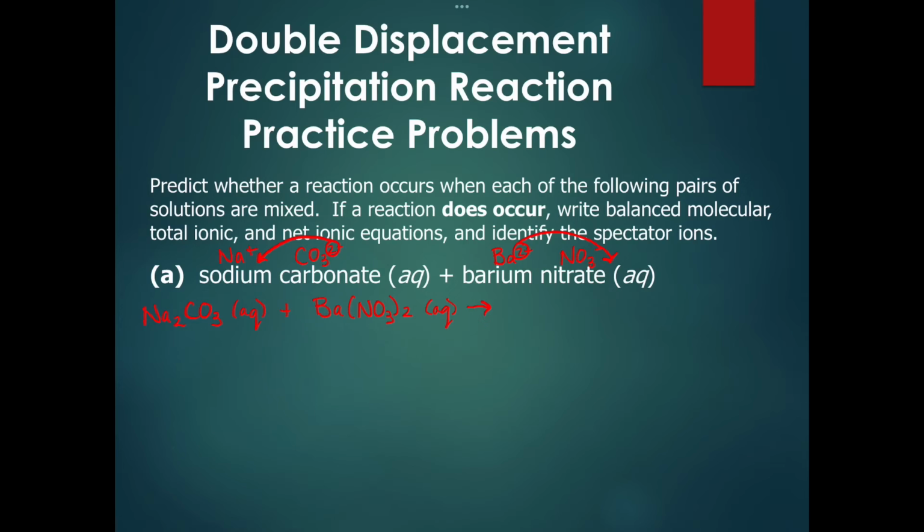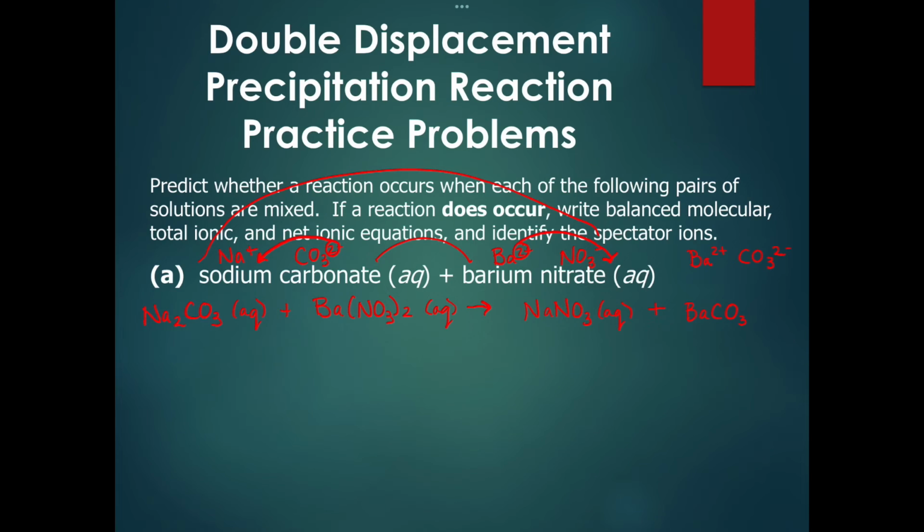All right, now we need to figure out the products. Okay, so again, we can think about this as foiling like we were doing before. So sodium will end up with the nitrate, and barium will end up with the carbonate. So sodium and nitrate, we have Na+ and NO3-. Those are equal and opposite, so we just put them together. NaNO3, and that's aqueous. Now barium is going to go to the carbonate, and barium is Ba2+, and carbonate is CO3 2-. Those are also equal and opposite, so we get